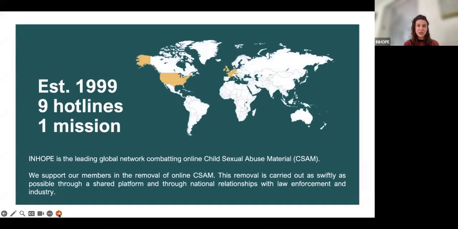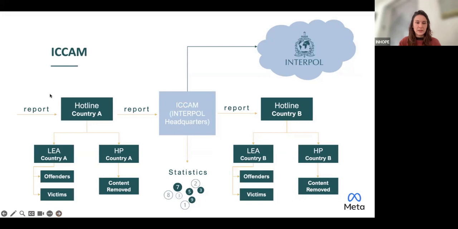INHOPE was established in 1999 with 9 hotlines, and today we have 52 in 49 jurisdictions. We have one mission, which is to ensure an internet free of online child sexual abuse material. One of the most important technologies that INHOPE uses is ICCAM, which stands for I See Child Abuse Material. If you are a member of the public reporting online child sexual abuse material in France, for example, that content,